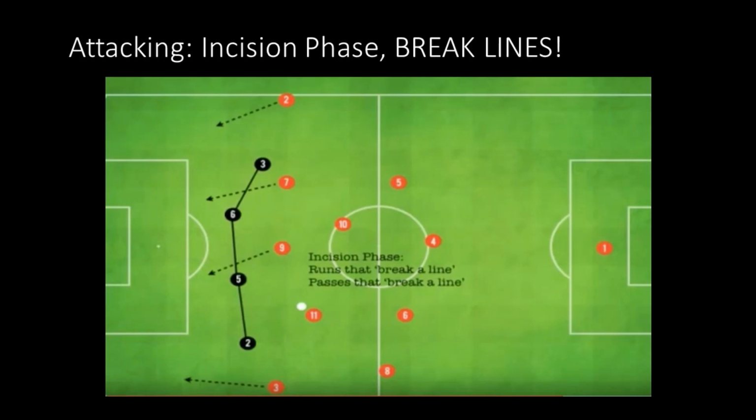I have a great phrase with attacking. If you don't take somebody on and try to beat them, you won't draw a foul. Okay? So if player number 11 wants to, instead of combining, try to break a line himself on the dribble, a lot of positive things could happen there as well. So this is a great diagram to show what lines need to be broken. And what we train at MSC is the different ways that we can get in behind them. The next few slides are going to show a couple of ways that we train our players to break lines.